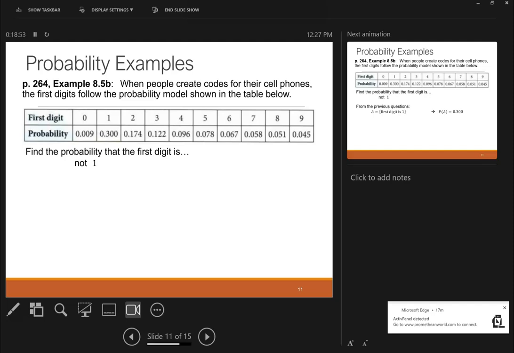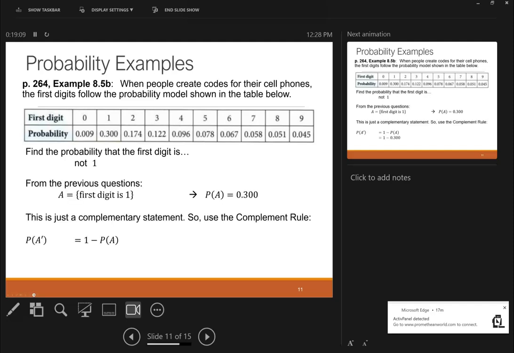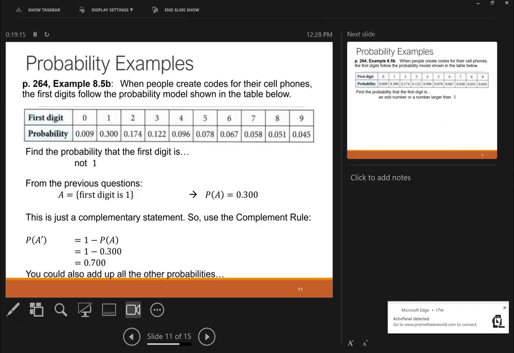How many outcomes are in the event 1? Just 1. How many outcomes are in the event not 1? 9. Which one would you rather deal with? 1, right? That's way easier. So using the complement rule, we get 0.7. Alternatively, you could add up all the other probabilities. In this case, there's only 9 of them. It's not that bad. But if there was, say, 1,000 or 10,000 or infinitely many, oh dear,